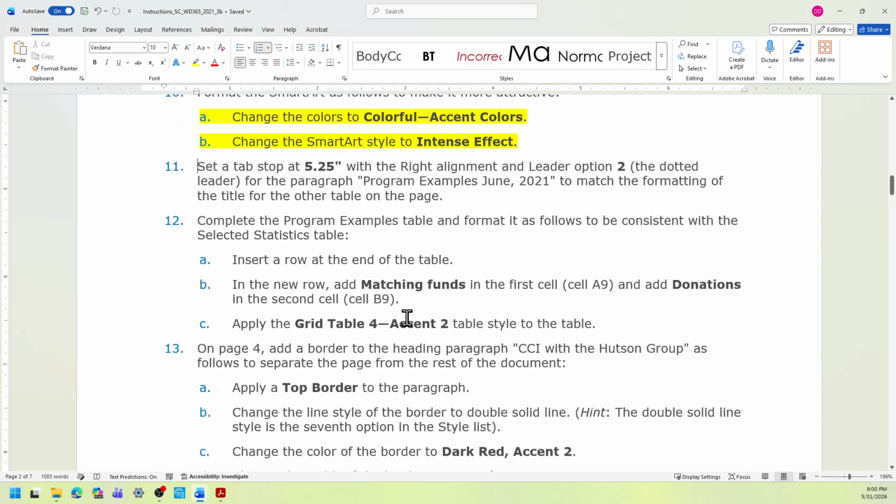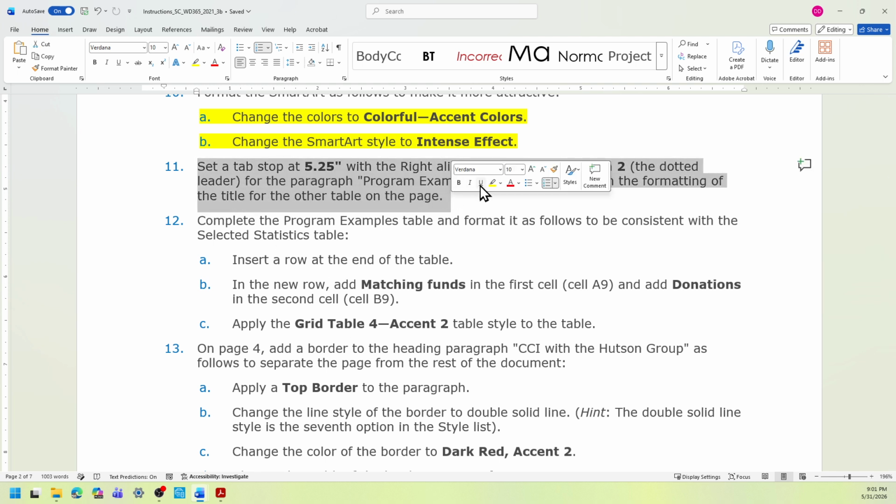Now, in step 11, we're going to set a tab stop at 5.25 with the right alignment and leader option 2, the dotted leader for the paragraph Program Examples June 2021 to match the formatting of the title for the other table on the page. So let's check that out.